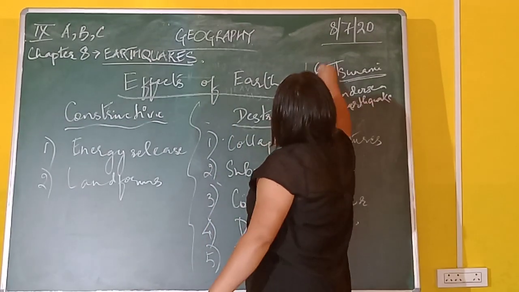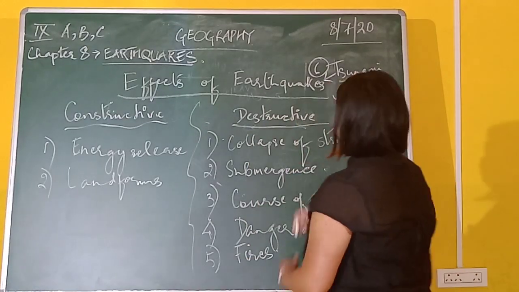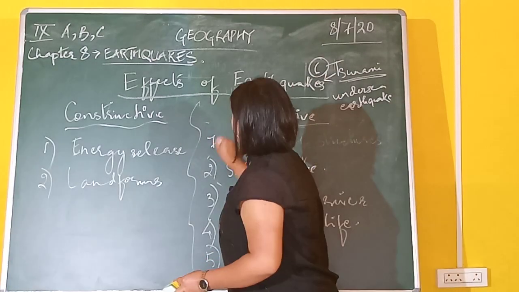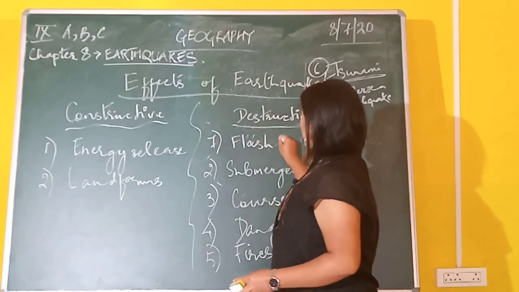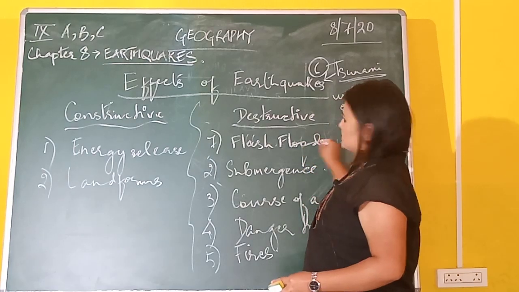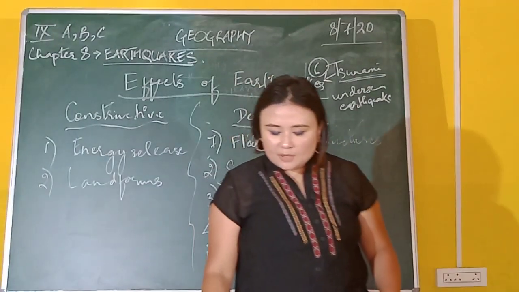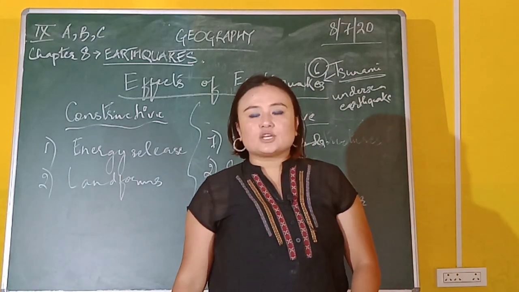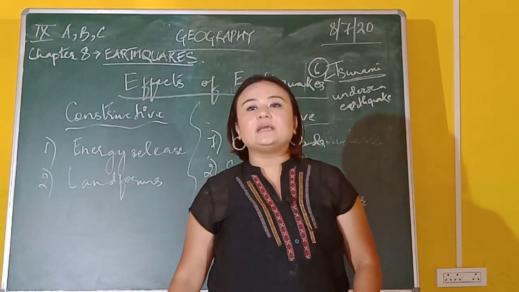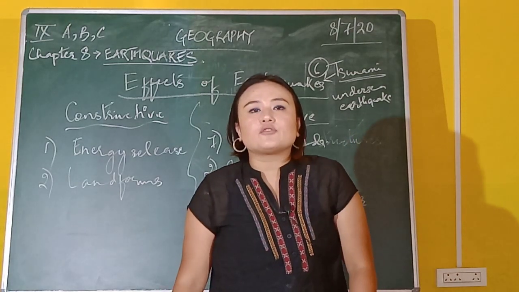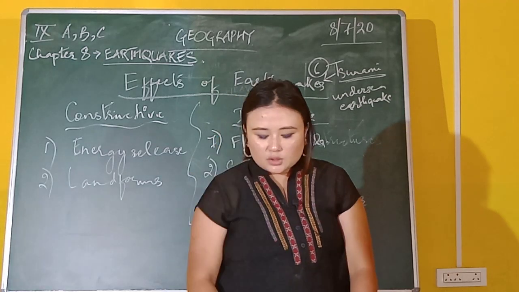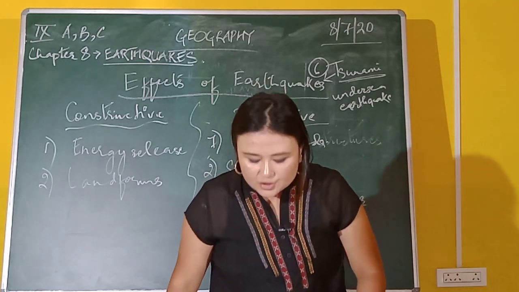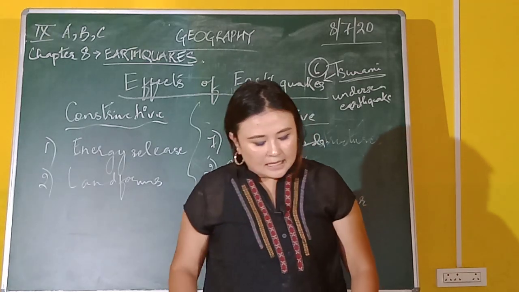And the last one is your flash flood. This is the seventh point here. Flash floods: strong waves damage dams and embankments and the stored water spreads, causing flash floods. Besides, the debris or waste created by the accumulation of the remains of structures produced during an earthquake blocks the flow of the river. The river flow gets diverted from its original course. This diversion causes flash floods and damage to life and property.